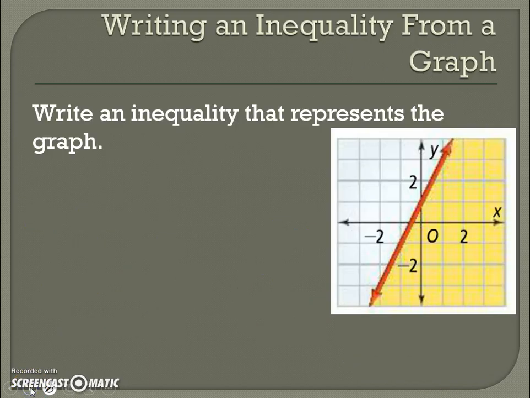Writing an inequality from a graph. For this, you're going to be doing the reverse of what you're doing. So first thing is, let's identify the line. We're going to write it in Y format. We'll get our equals in a second, but let's identify our y-intercept, which in this case is +1. And then let's identify our slope, which it goes from this point to this point, so that's going to be a